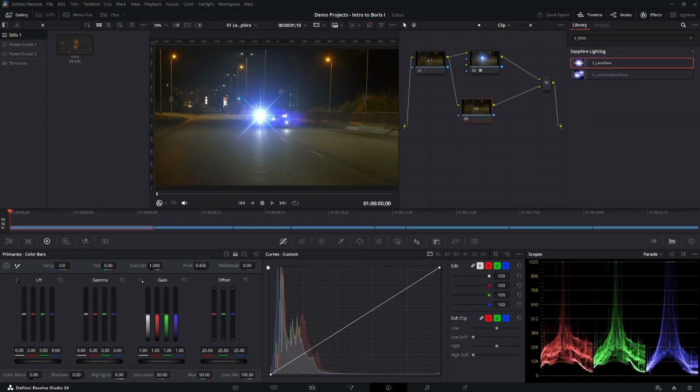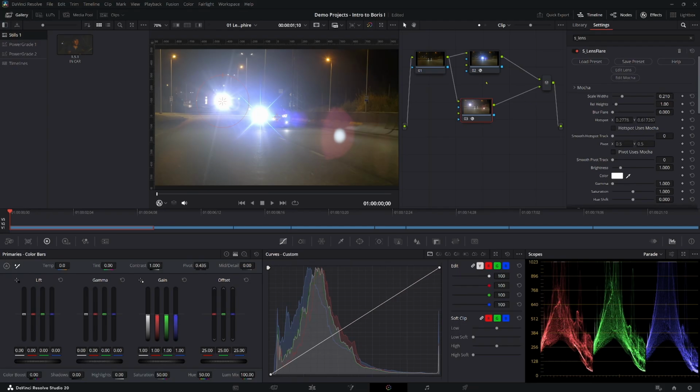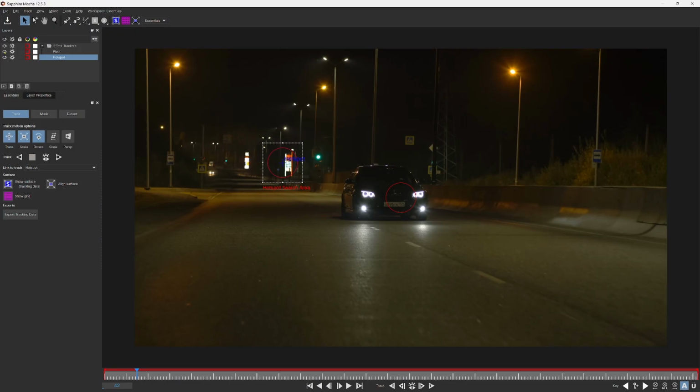Now I want to do the same thing to right here. So I'm going to go ahead and add lens flare. And now you'll see that it's doing that. Well, what I'll do is I'm going to go ahead and click Edit Mocha. And since this is the right headlight instead of the left headlight, I can't just copy and paste the same tracking information onto this one. So I'll just move everything over here